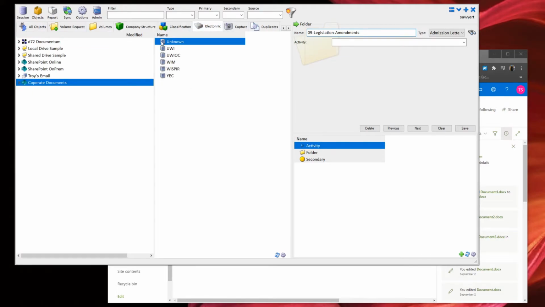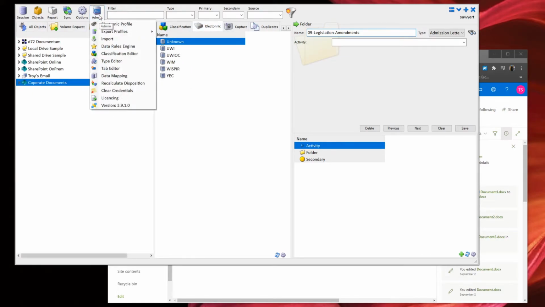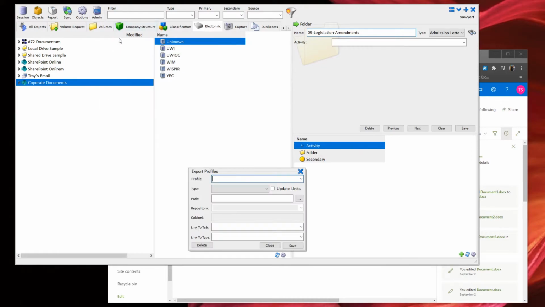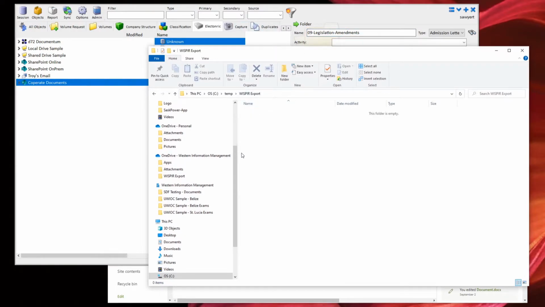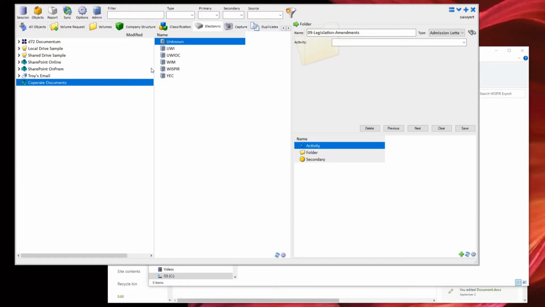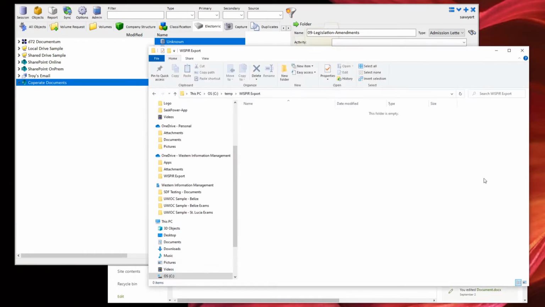So what would this look like if we actually ran the export profile that we'd looked at for, in this case, our export test? So I'm going to open this location here. Close to the screen. We're actually going to open up this location here. I'm just going to clear out this temp data from a previous export. So now if I run this export profile based on whatever tab I'm on, that information will get reconstructed in